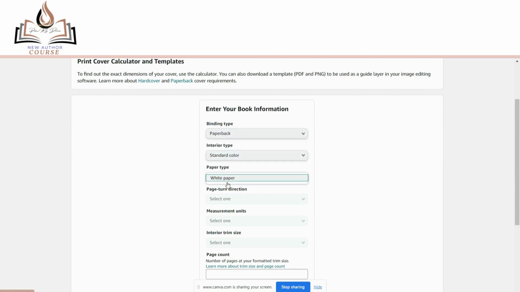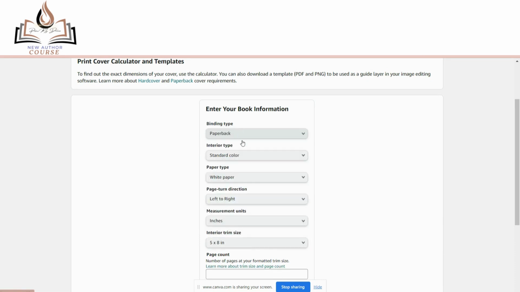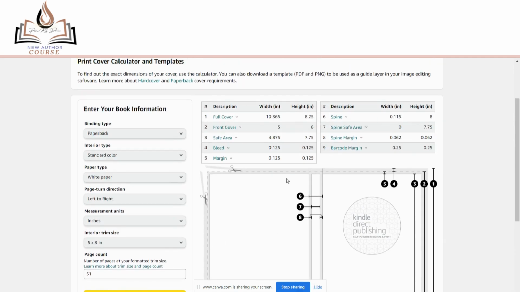So the type is standard, white paper, right. Actually, that's left to right. Let me select that. We'll put it in inches. The trim size is a 5x8. The page count is 51 pages. Okay. So let's go ahead and calculate the dimensions on that. And we can see the dimensions here is